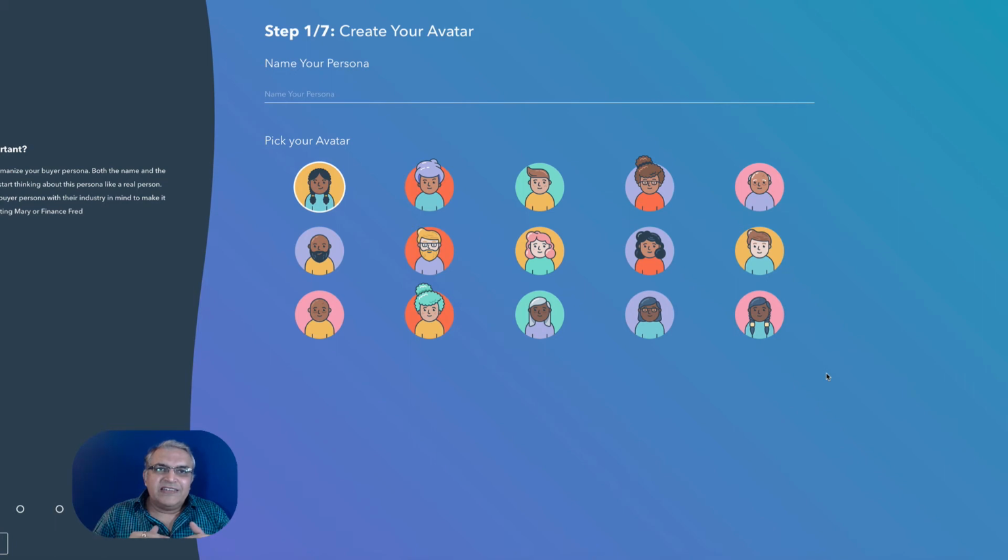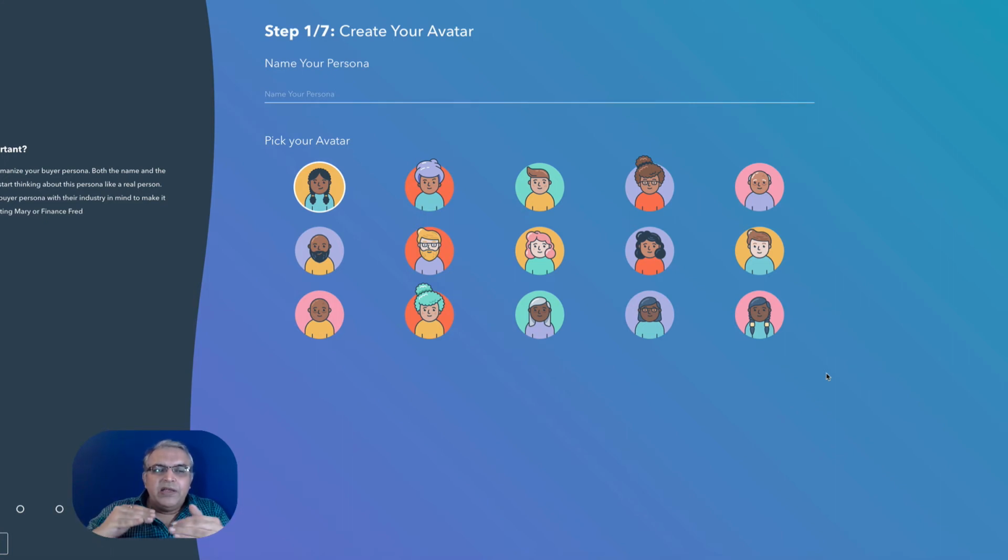So the stress for a person at an age from 18 to 24 is different. It could be because of the education, could be because of their career. From 25 to 30 will be different. So the targeting and the messaging to all these people are going to be very different. That is where you need to use a tool like this. And a person who's from 50 to 60 will have a different set of challenges, because they're worried about their children, settling of their families and other things.